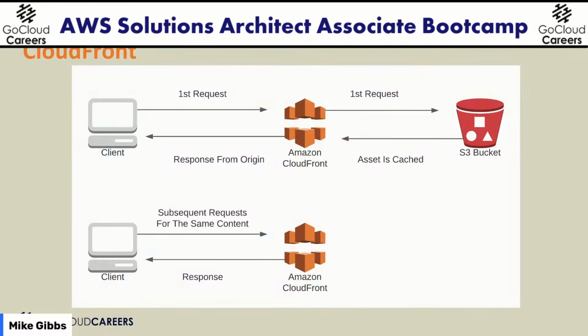That is a major help. Because let's say we got 1 million requests for the same page. The web server only responds once. The content delivery network does the rest of the responses. So CloudFront is a content delivery network. So it provides caching and website scalability. Caching can really offload something.